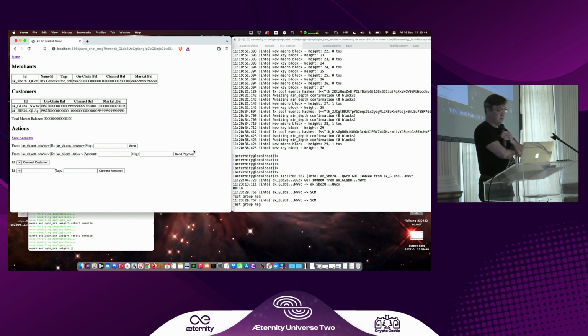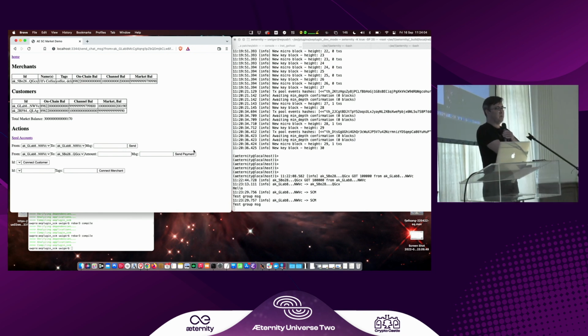But again, so this is essentially how it works right now. The whole state channel market plugin is about 1,800 lines of code. So not very much at all. And well, obviously, a lot of stuff will need to be added. For example, all the exception cases, it's just doing happy case right now, assuming that the payments go through. Otherwise, it's essentially going to crash. We don't deal with the timeouts. We don't deal with refunds or anything. But this is just first proof of concept.